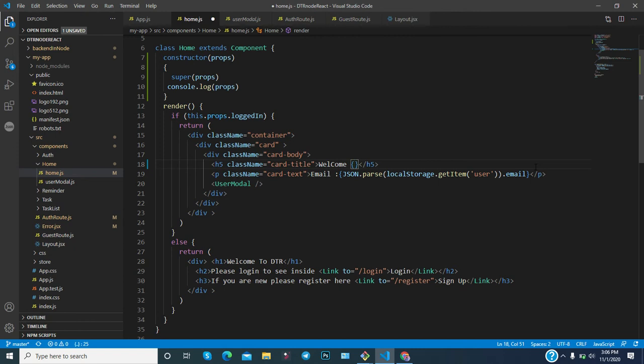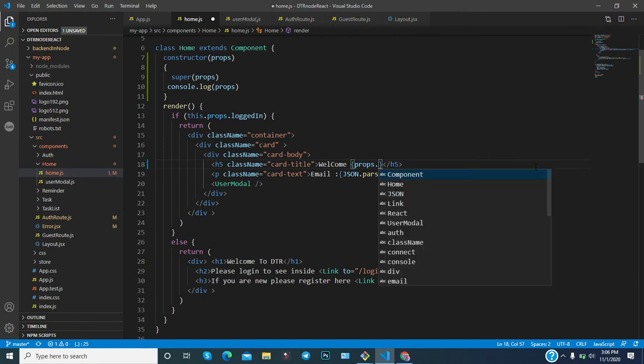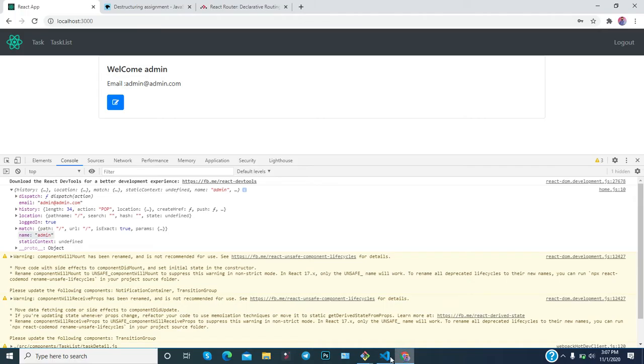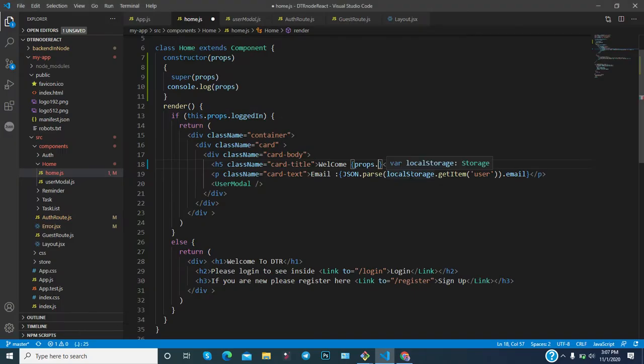Since Redux is a global state management object, for passing data from one component to another when there is no relation between them, Redux and the global state are very useful. So props dot name, suppose this one, name, Ctrl+S.